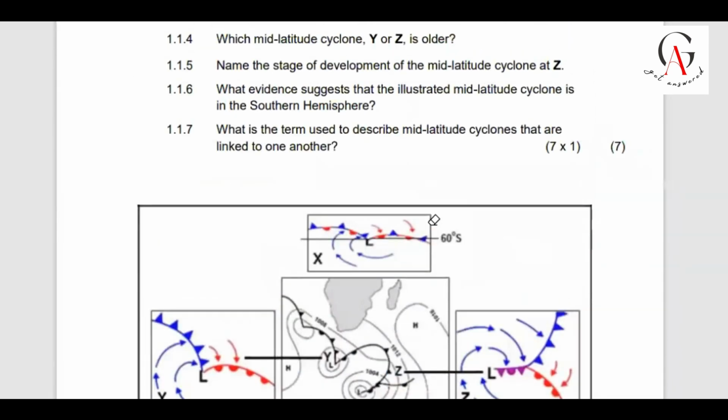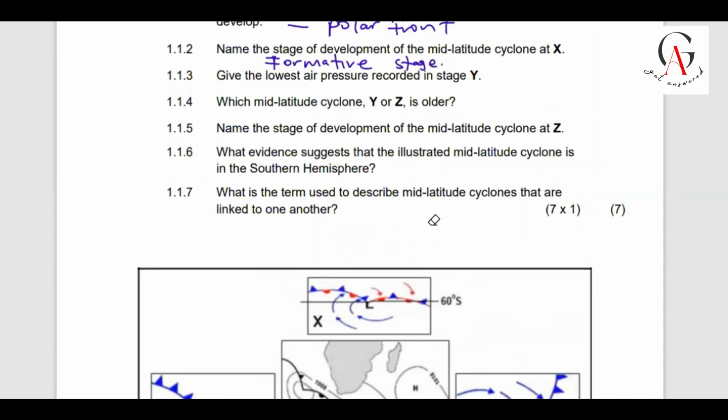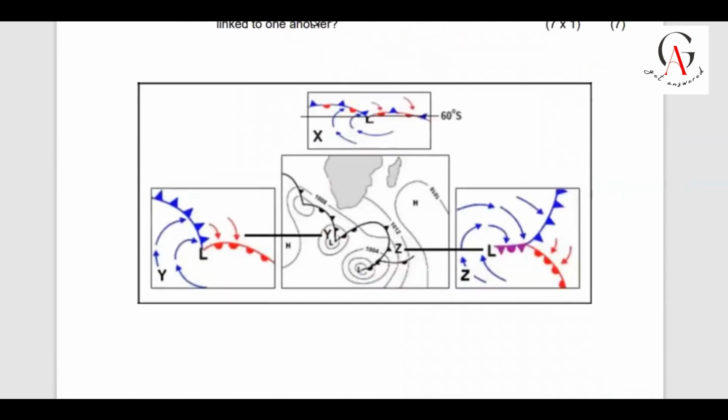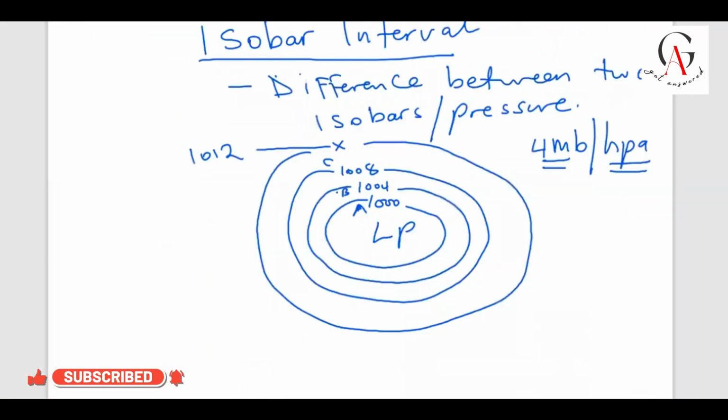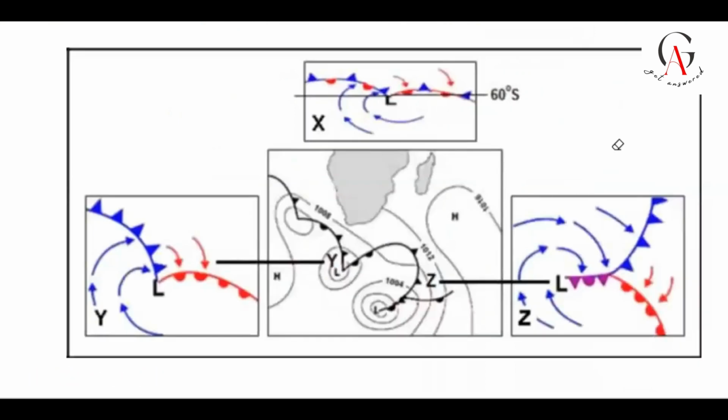So the question says, give the lowest air pressure recorded in stage Y. Let me try to zoom in. Okay, this is our stage Y here. We're going to use the isobar interval. So we need to find out, because this is stage Y here, right? This is an isobar, but what could this isobar be? And what could this isobar be as well? But since we know there's an isobar here which is numbered 1008,